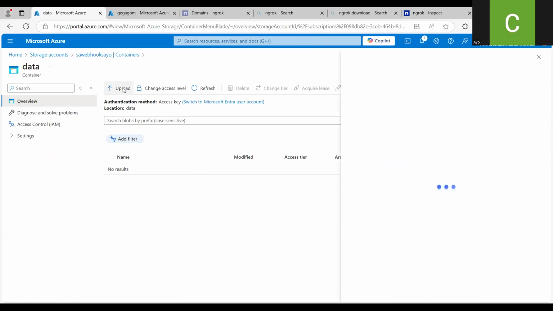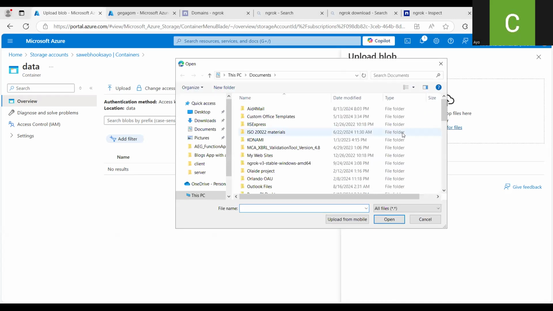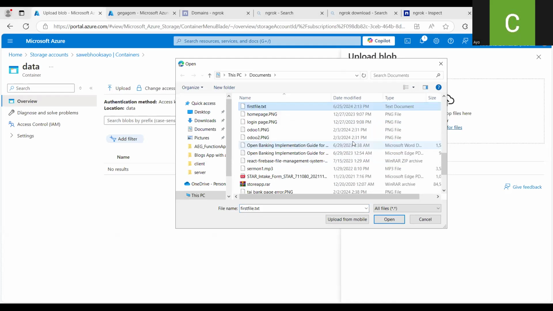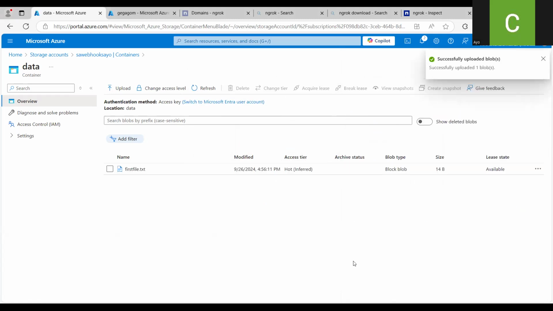Let me just upload something like a text file. The end goal is for our function app on our computer to be able to detect any of the selected events. So let's upload this. And now I will quickly stop sharing and go to